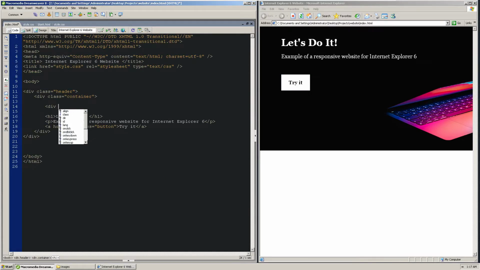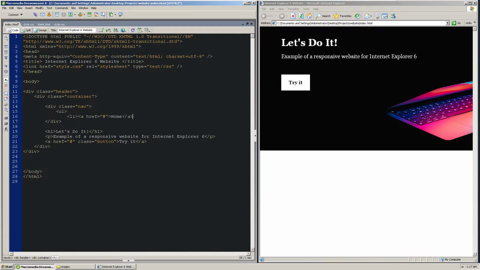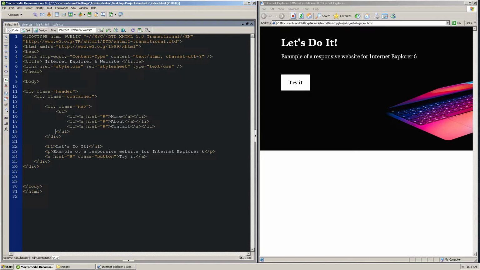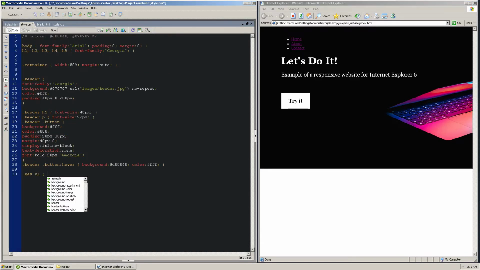Okay, let's add navigation at the top. I would like to put it inside of the header. Let's add a few buttons and continue with the styling. Moving on to styling, this is going to be a simple navigation style. Let's reset the spacing and let's try to put all the buttons in one row with display inline block.